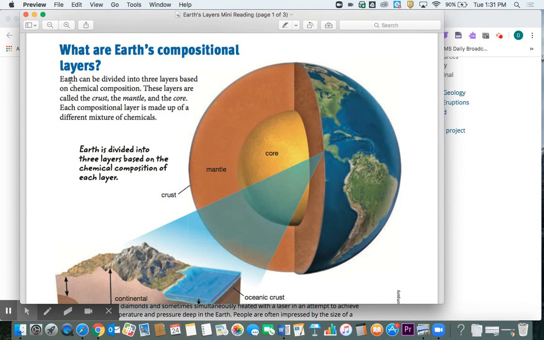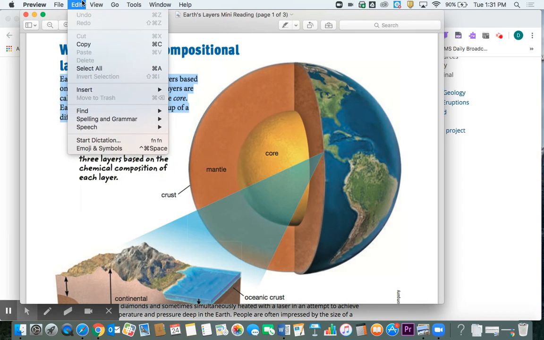same thing, pick the PDF you're reading, and then click the section in the PDF you'd like the computer to read to you. And same exact thing, go up to edit right here, slide down to speech, and click start